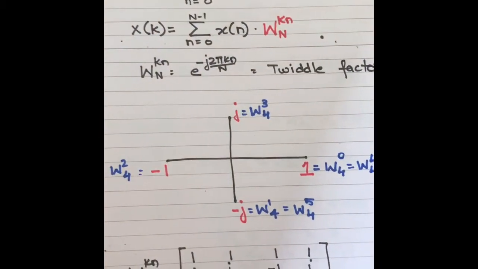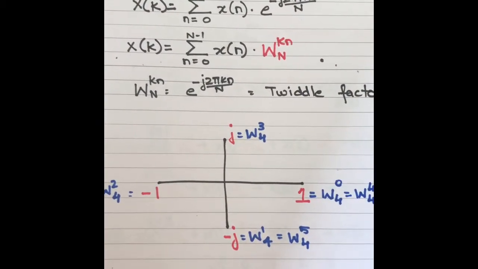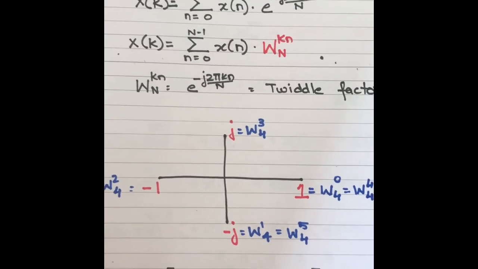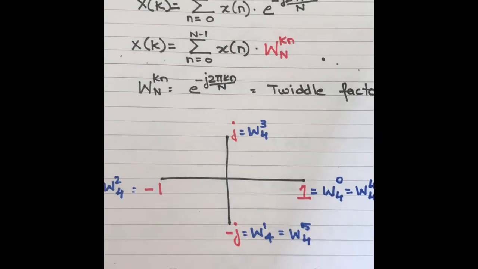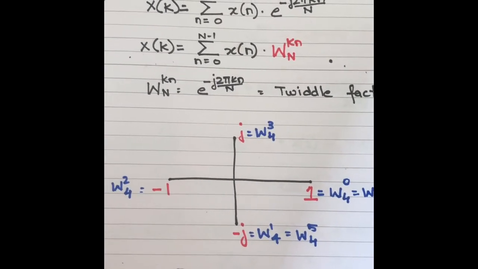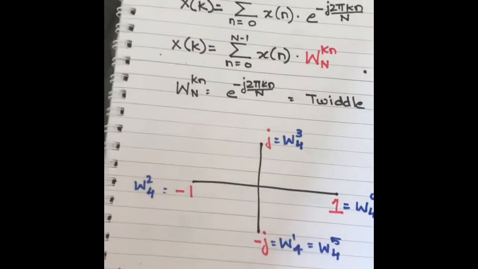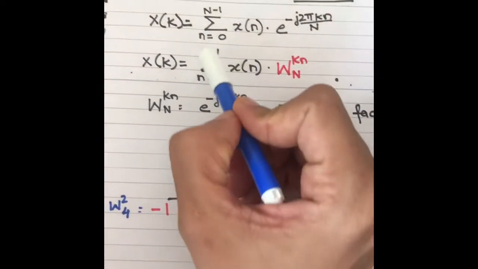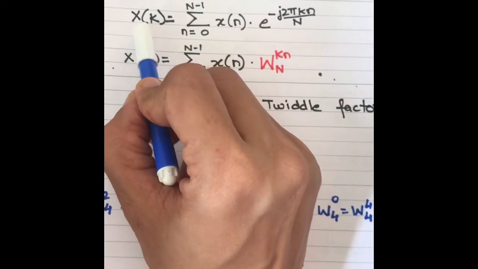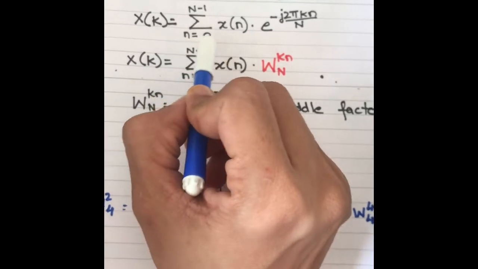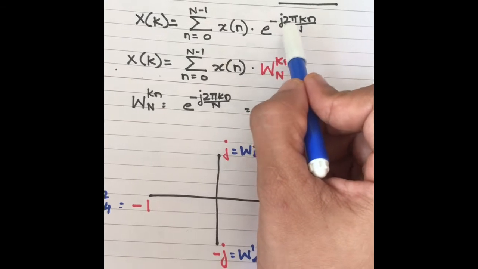So hello students, today we'll be looking into something called the twiddle factor. This twiddle factor is going to make DFT computations a little bit easier and faster. So we know that according to DFT, the expression is given as X of k is equal to summation from n is equal to 0 to N minus 1 of x of n into e raised to minus j 2 pi k n by N.